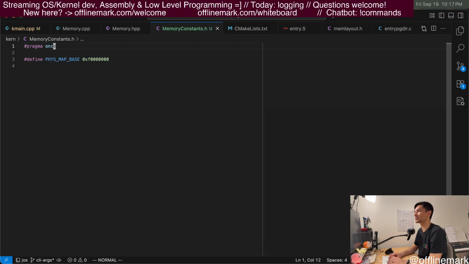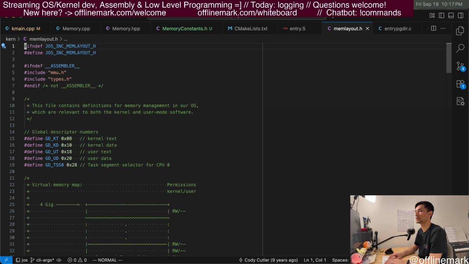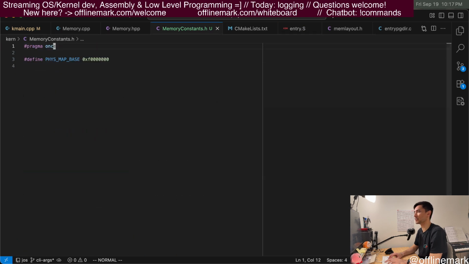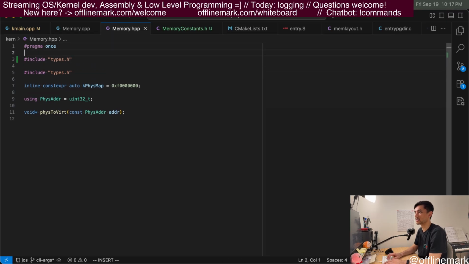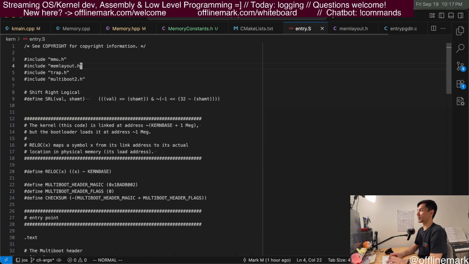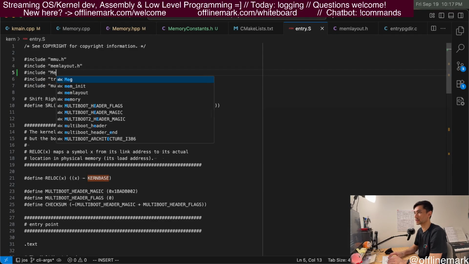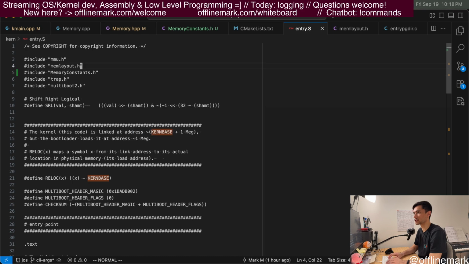And the pragma ones might also be problematic, but maybe I will F around and find out. So now over here, I'll include memory constants.h. I'll set this to this. And then now over in entry.S, I can include memory constants.h